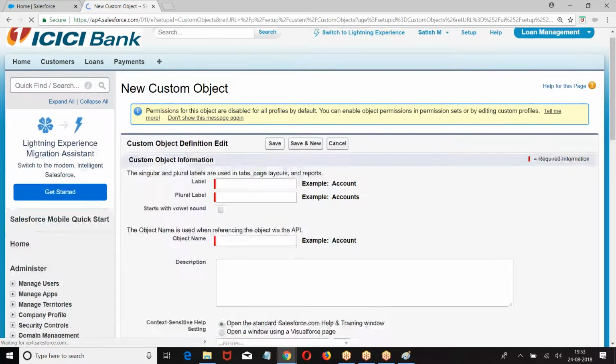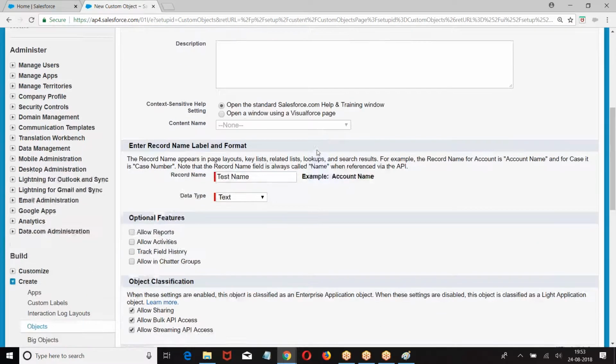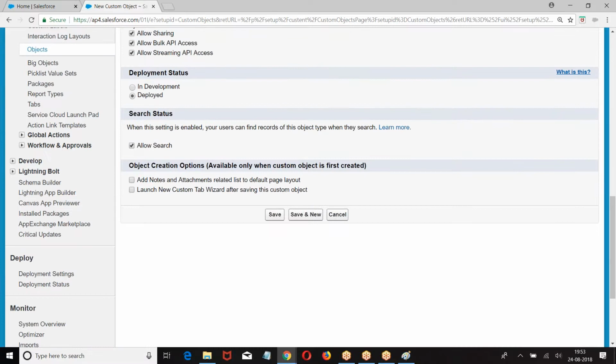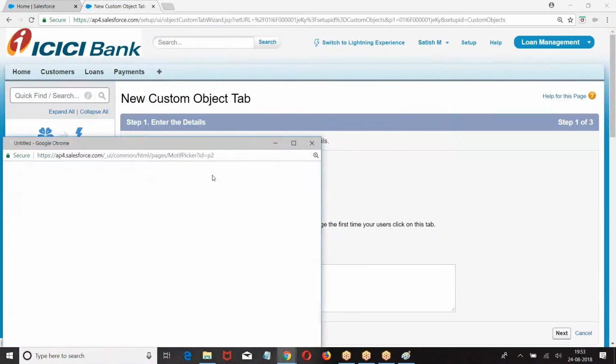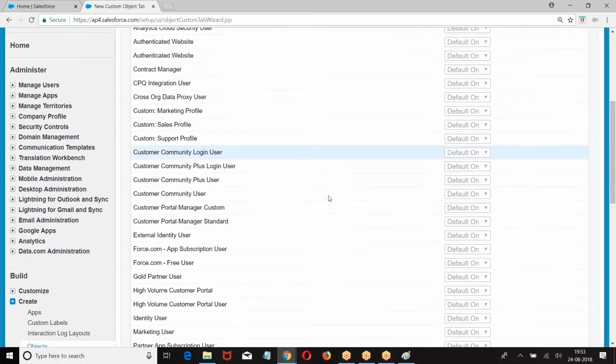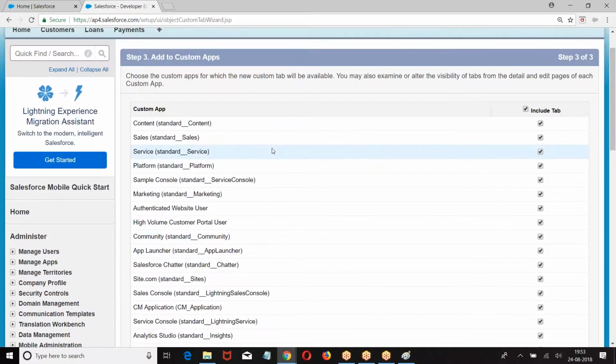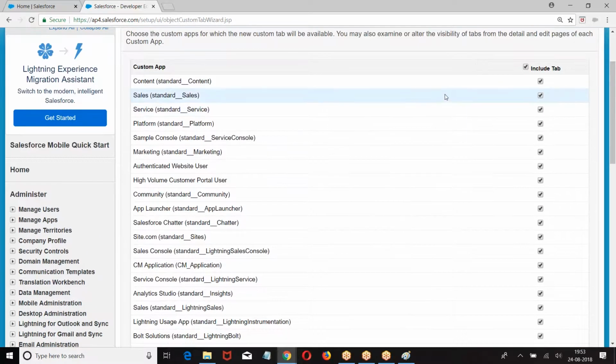Then what I will do? What was this? At the time of creating a tab, it is asking in which application you want to add the tab.